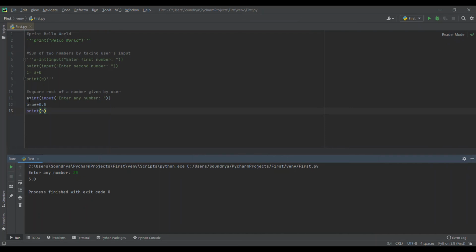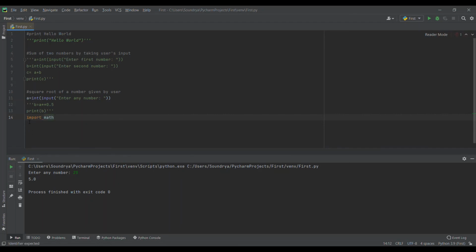Now we have another method to find the square root. Let's leave the input line. We have taken user's input as a. Now we have to import the math module.